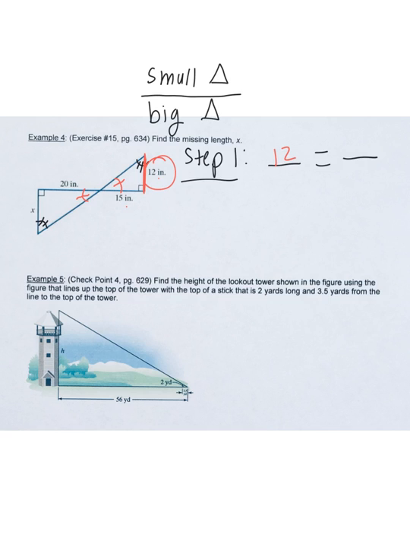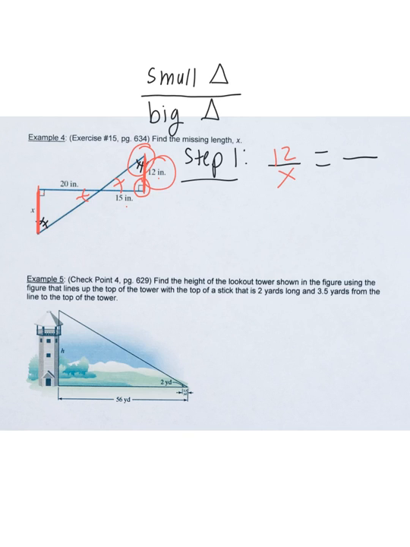So be careful here because these triangles are all flipped around in weird ways. So you're looking for the side that connects the 90-degree angle to the 2 tick marked angle. So that is actually going to be side x. It also connects the 90-degree angle to the 2 tick marked angle. So 12 of the smaller triangle divided by its similar side x of the bigger triangle equals, let's go ahead